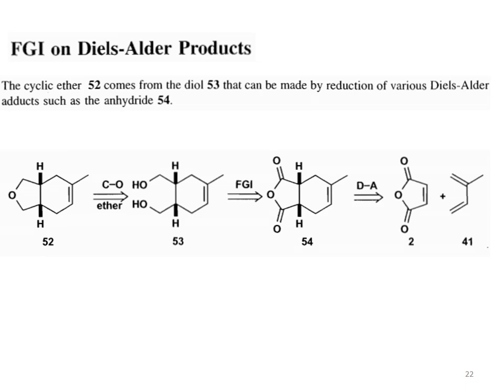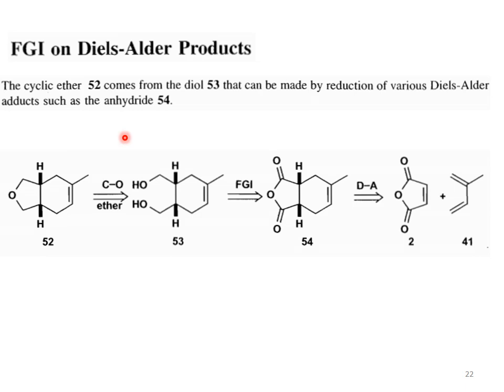Up till now we have discussed the Diels-Alder reaction, then we have discussed the dienes and dienophiles, which compound acts as a diene and which compound acts as a dienophile. Then we have discussed the mechanism of the Diels-Alder reaction. After that we have discussed the stereospecificity of the product with respect to dienophile and with respect to diene, and later in the previous slide we discussed the stereospecificity with both reactant diene and dienophile. And here we discussed a new thing, that is functional group interconversion during formation of Diels-Alder product.